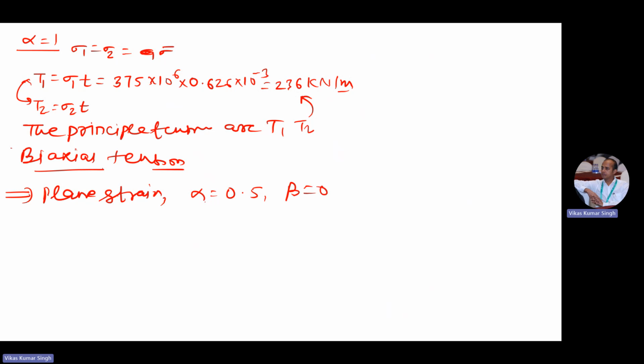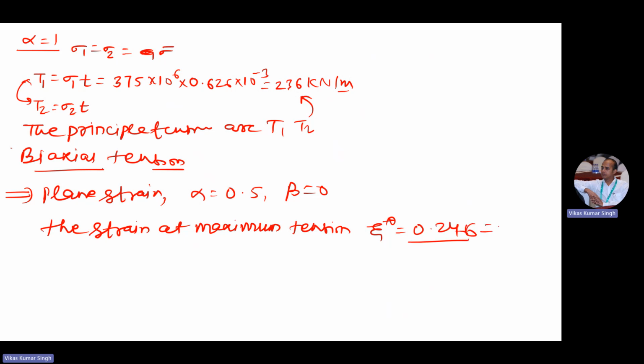So now for this, if we are going at the maximum extension, the strain at the maximum tension, and that we have calculated epsilon 1 star equal to 0.246, and this value is going to be again n, same value,